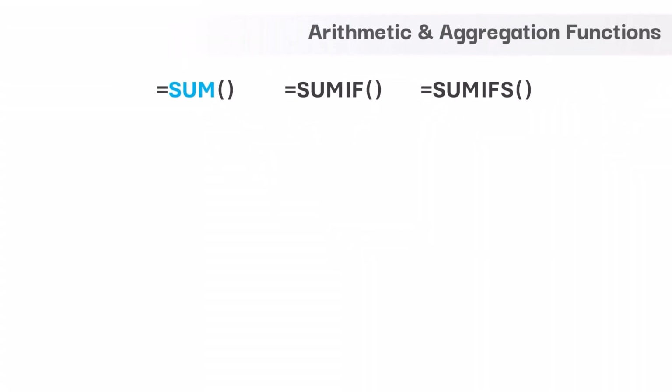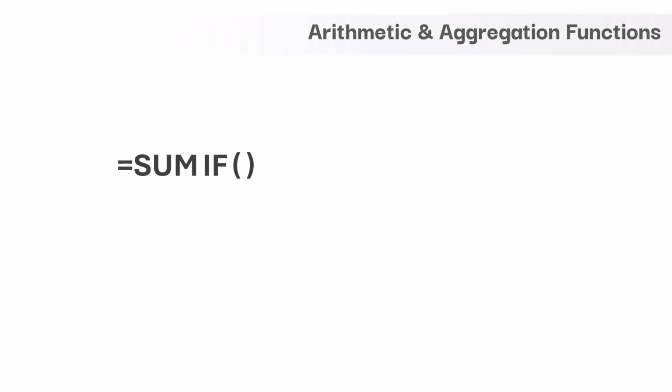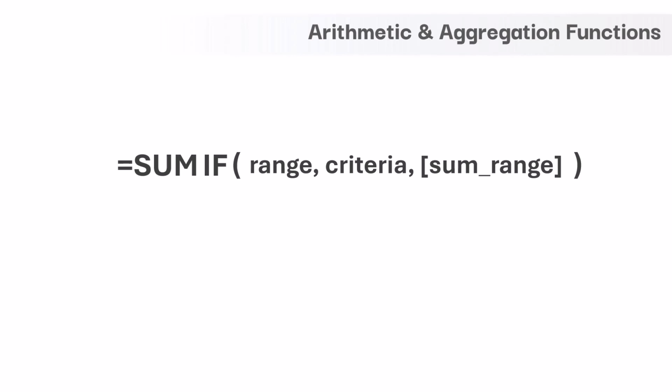Now let's learn about SUMIF function. This has two mandatory and one optional argument. So let's try to break it down. This function name has two parts. The first is the short form of summation, and obviously it means to find the total of numerical values. The second part is the if keyword, and it is meant to define the logical condition. So if you combine both the parts, this function will allow us to find the total of numerical values based